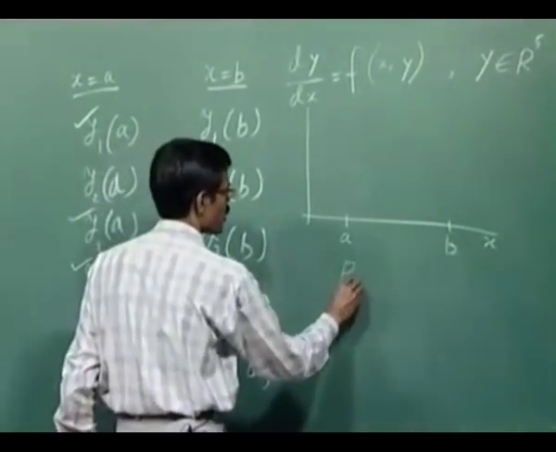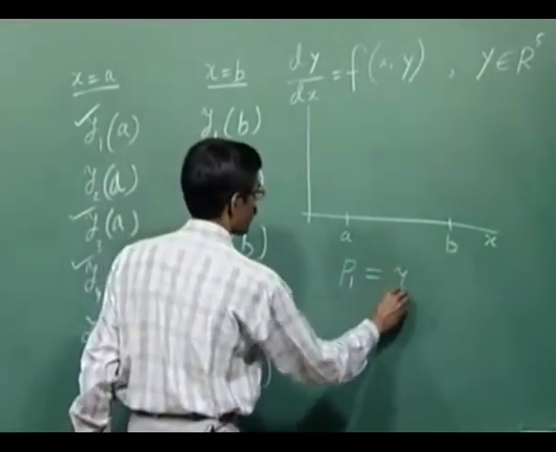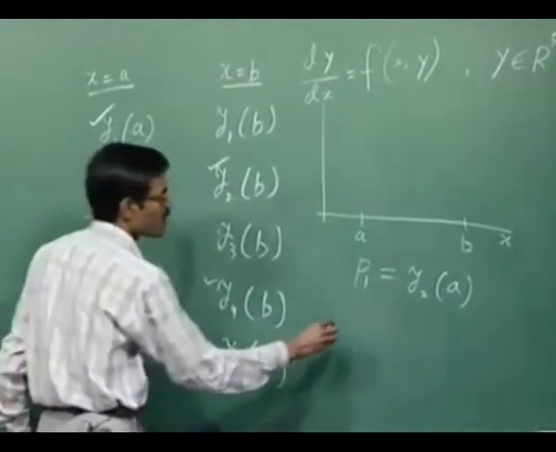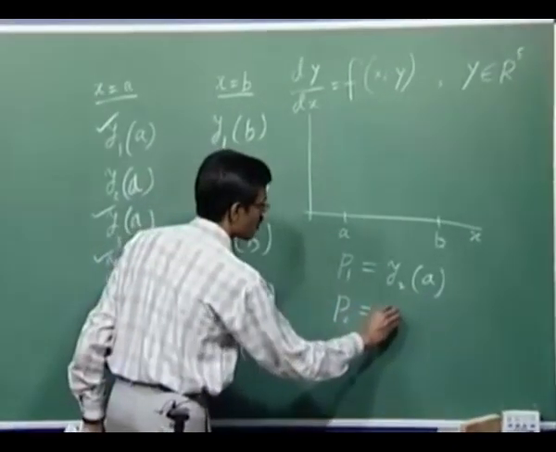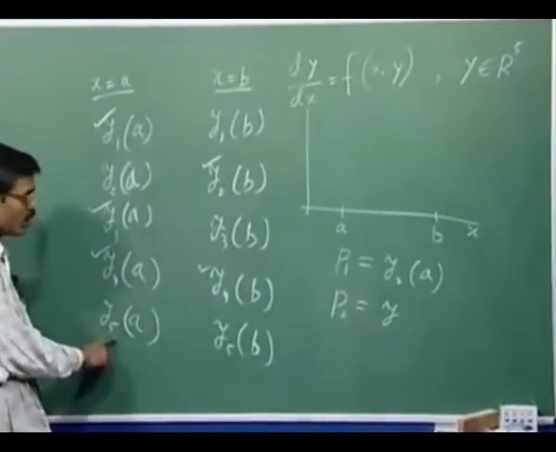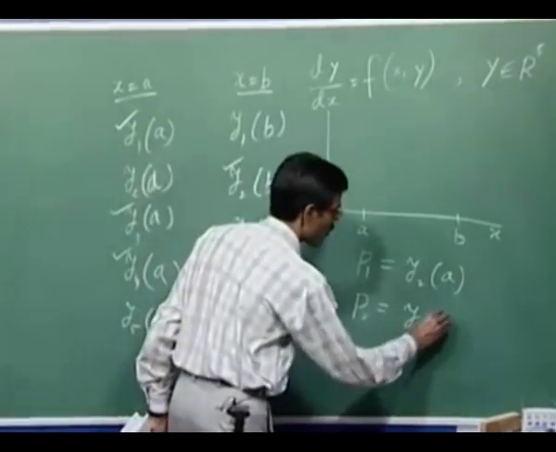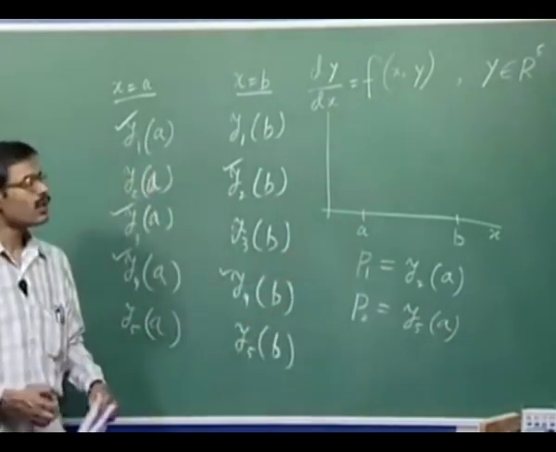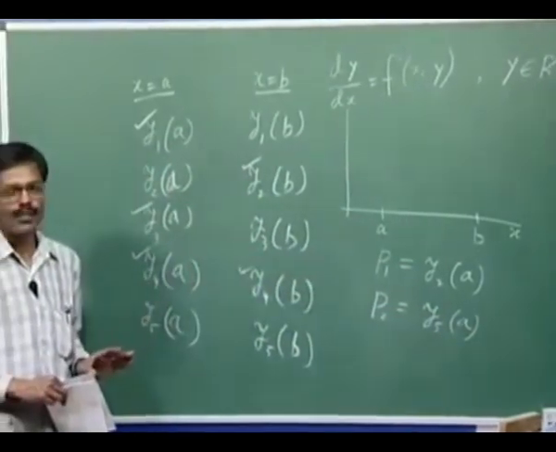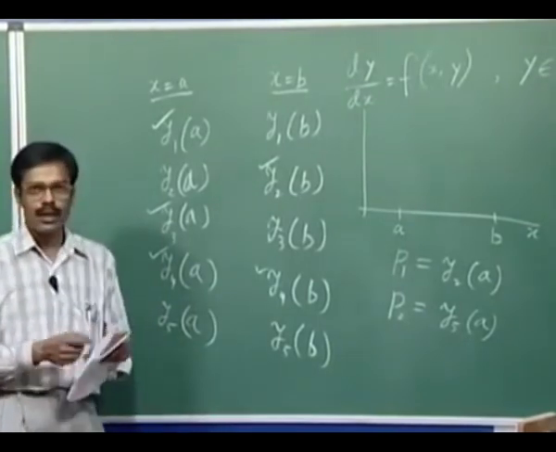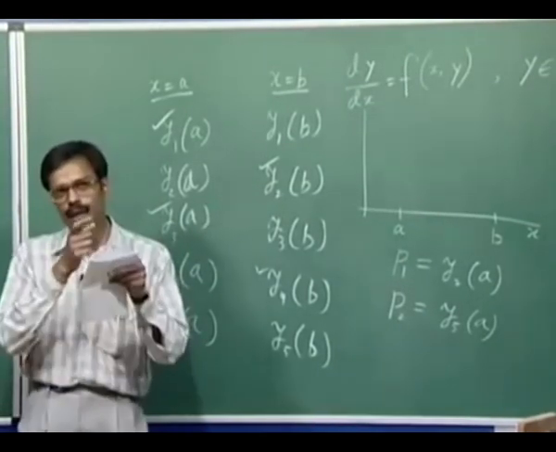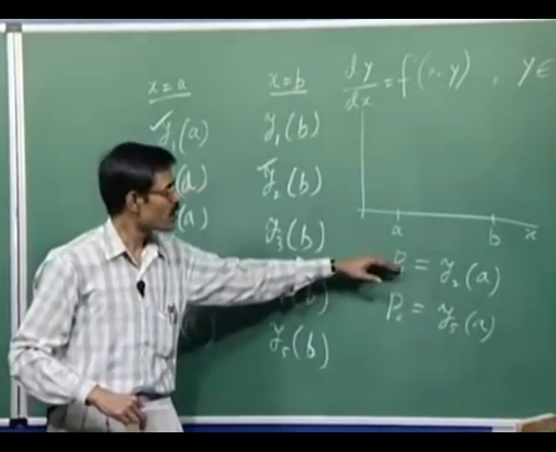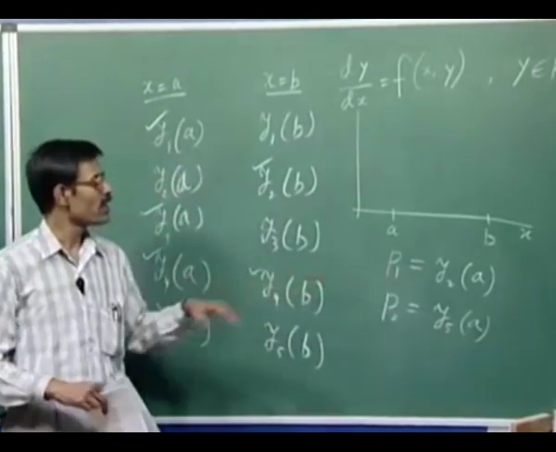So, say we take P1 as this value, which is not given. Similarly, another guess we make is this value, which is also not given, y5, right. The 2 values at a which are not given, for that suppose we make some guess. It is like trying to hit the target: we try to make a guess of the direction and then shoot it. Similarly, we try to make a guess of y2 and y5 at x equal to a and solve